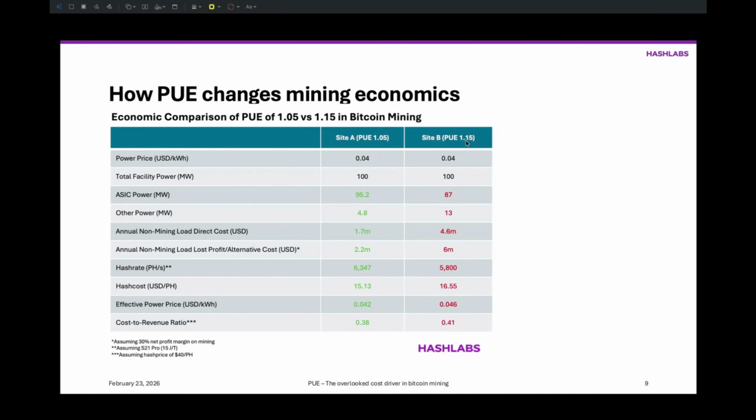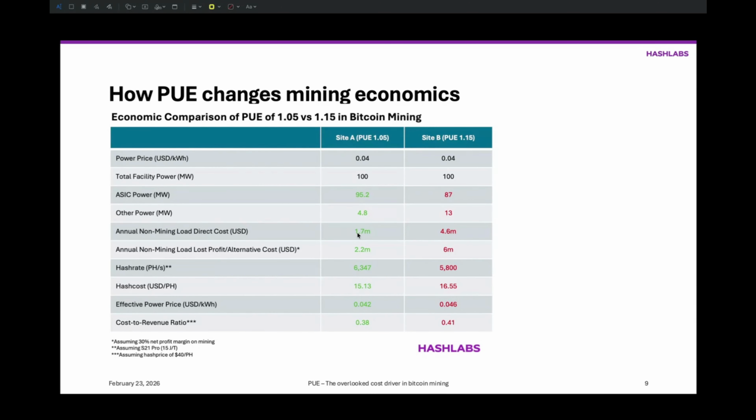Site B spends a significant amount of that power just on things other than the actual mining, while site A spends less. You can remember that calculation that I did earlier. So other power, 13 megawatts for other things, versus 4.8. Then this example assumes a 30% net profit margin on mining using S21 Pro, with a hash price of $40 per petahash. I made this example before the Bitcoin price fell. So we can calculate the cost of that